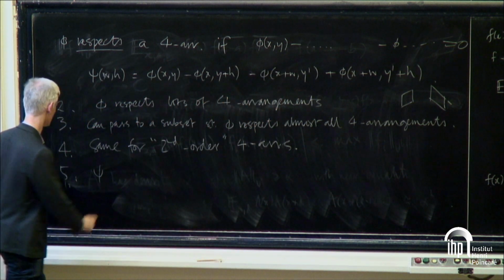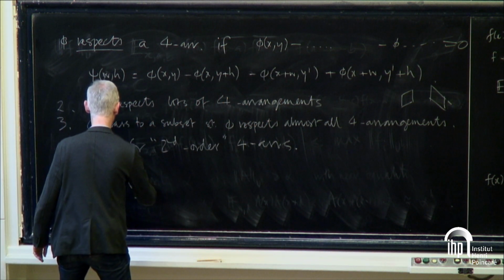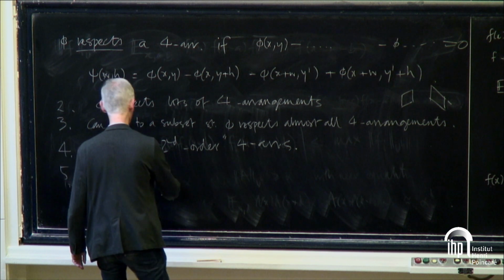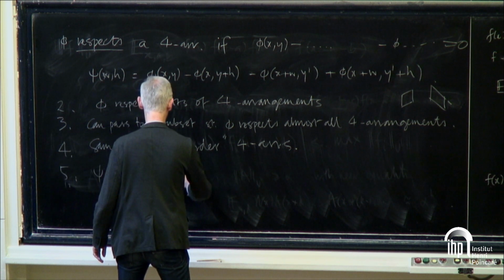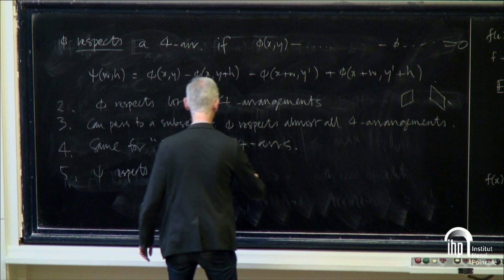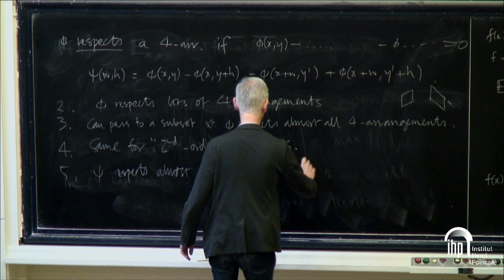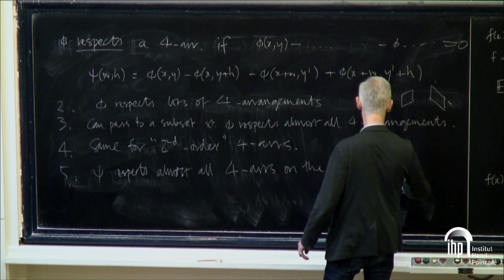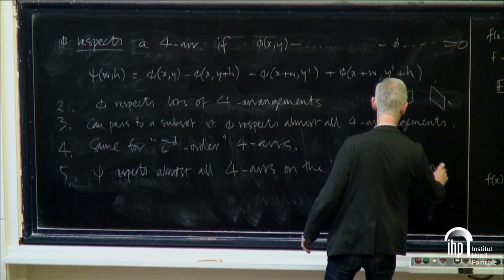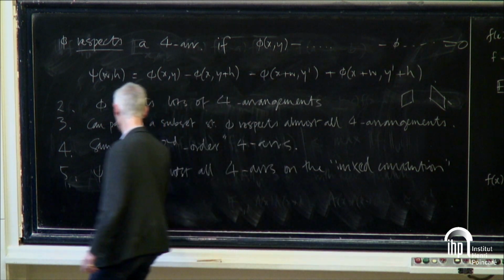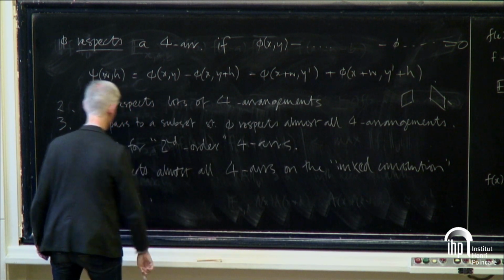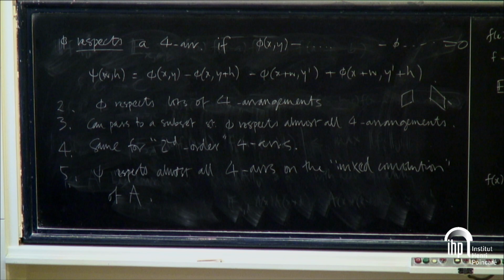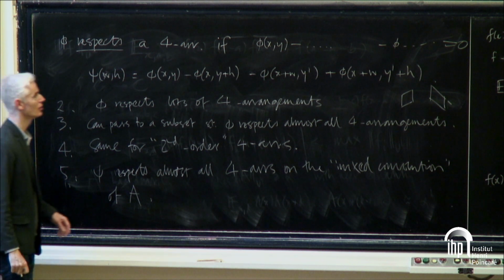So psi respects, I'm not going to say precisely what this means, but almost all first-order Fourier arrangements on the mixed convolution of A. And I think I haven't got time to write down what it is, but the idea is that